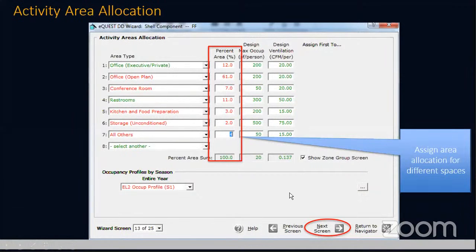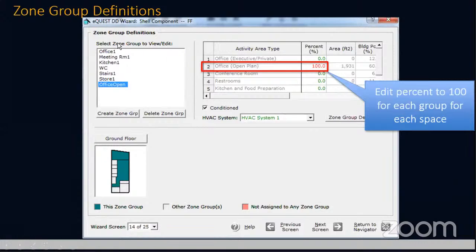I hope all of you are able to get to this step. Change the percentage. Make sure all the spaces are 100%. Once this is done,